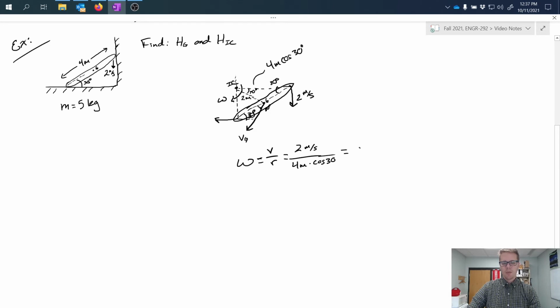And from that, we would get that the rotational velocity, something like this, in radians per second. All right. Next, we can use that if we were looking to calculate Vg, which is the velocity of the center of gravity. We already have its orientation, but we haven't figured out its magnitude. And we can just basically restructure this equation we just used as omega r, but now plugging in our new omega, because that's the same everywhere,